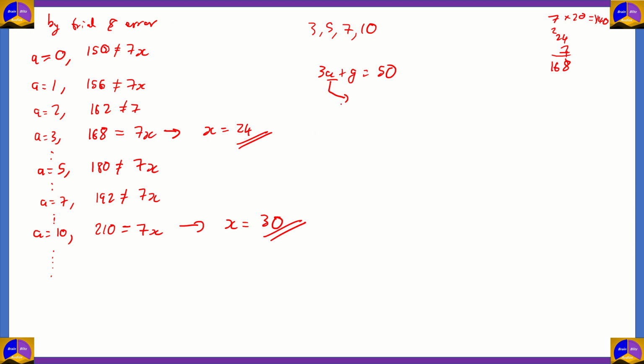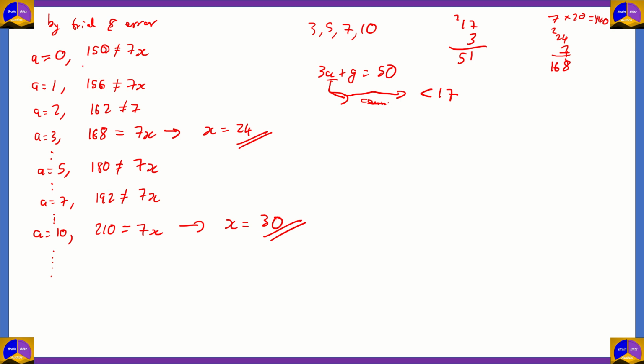Now, suppose the value of a goes above 50. I mean, suppose this left-hand side goes above 50, then the value of a would not work for this particular scenario. So a has to be less than 17. So anything that is equal to or above 17 becomes the value of a. It nullifies the second condition of 3a plus g being equal to 50, because the value of 3a itself would exceed 50. And to prove that, let's do 17 times 3. 7 threes are 21, 1 threes are 3, 3 plus 2 is 5, so 51. So therefore,